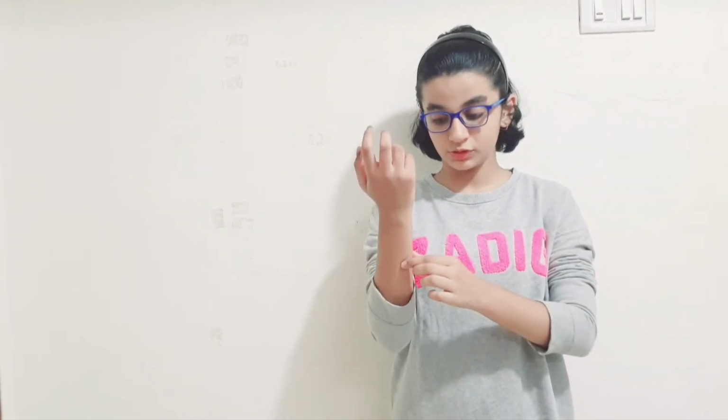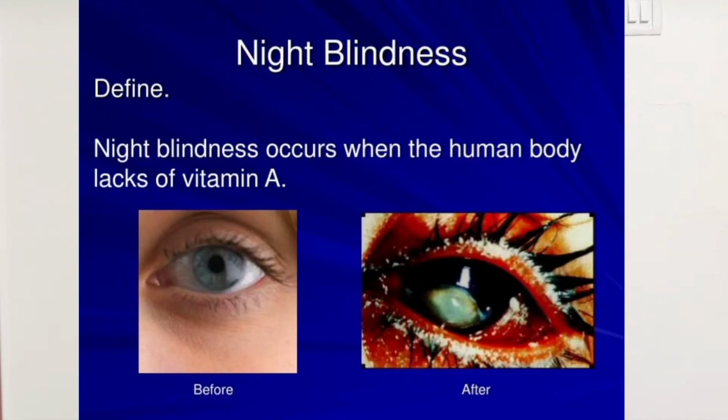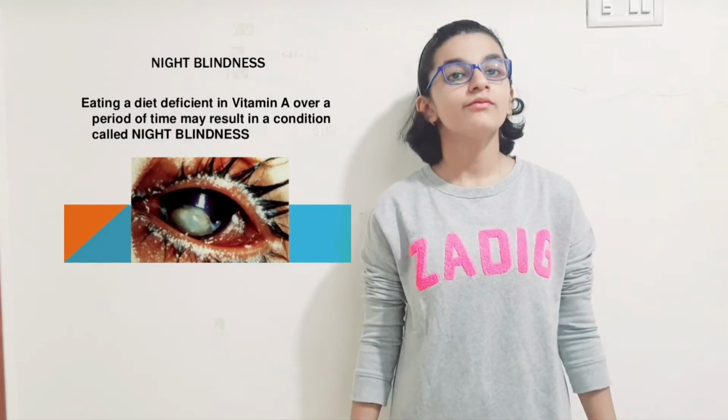Its symptoms are dry and loose skin, dry and brittle hair, dehydration, and stunted growth. We can overcome them by eating a balanced diet with good amounts of proteins and carbohydrates in it. Number 3, night blindness. Night blindness is a deficiency disease which is caused due to the lack of vitamin A